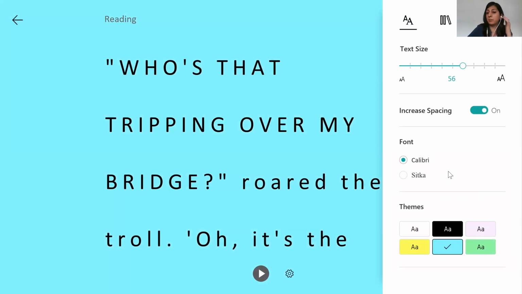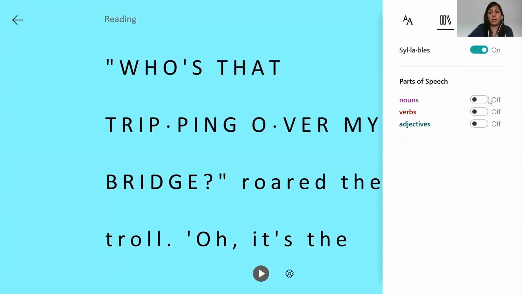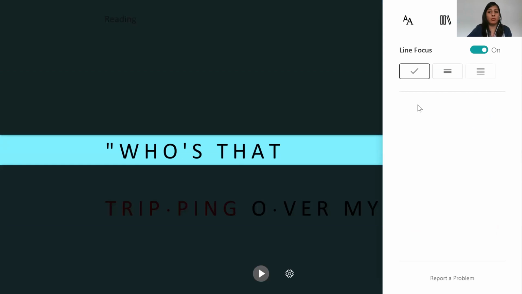That helps some people with learning disabilities. It has a special font that has increased spacing. It can even do things like highlight parts of speech, break words into syllables if I'm learning the language, and that kind of thing is helpful. And the last neat thing it can do is focus to a few lines at a time.